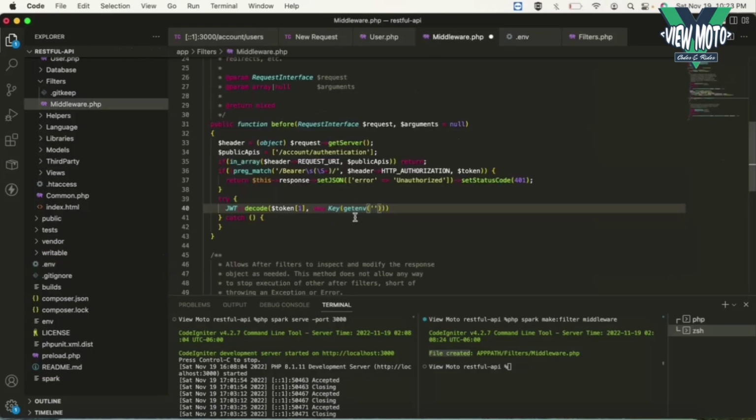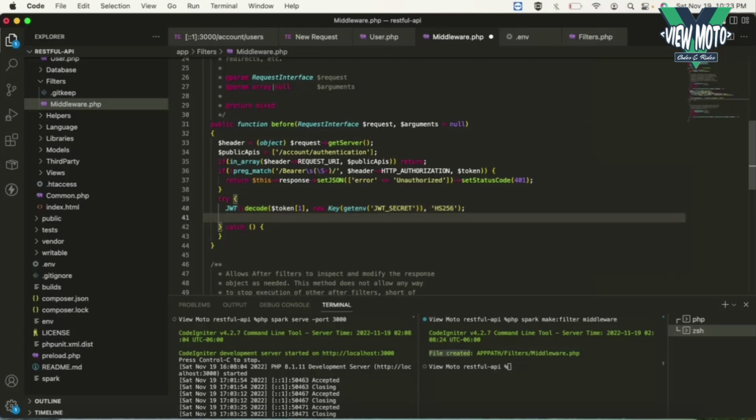So let's put here JWT_SECRET, and then the next argument will be the hash type of our JWT. HS256, and then semicolon, and then in the catch we're going to put here as an argument the backslash Exception,